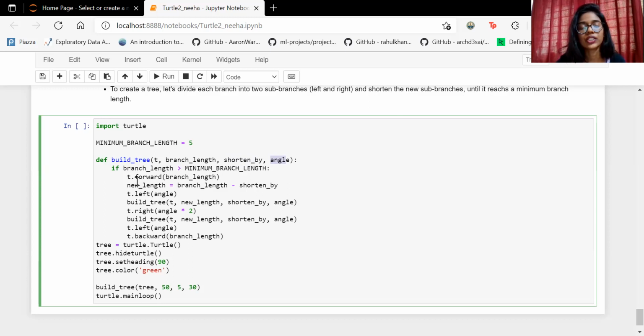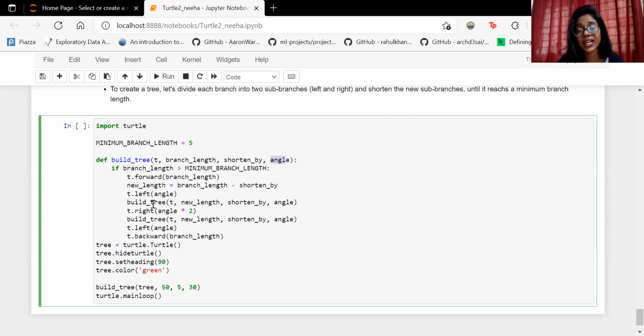If that condition is satisfied, you tell the turtle object to move forward exactly the given branch length. The new length should be the given branch length subtracted by the amount it has to be shortened by. Then you ask the turtle object to move left at the angle that is passed as a parameter in this function.